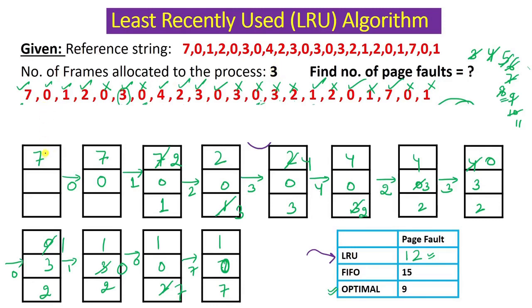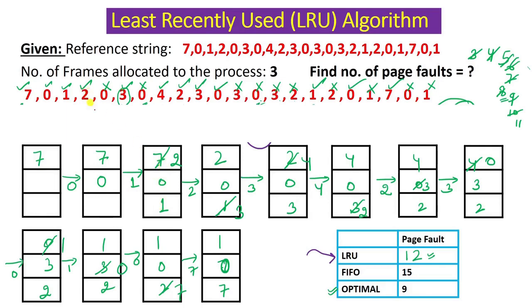So we saw when we applied the LRU algorithm, for the first time 7 was accessed, so we placed 7 in one of the available free frames. Initially all the frames were available, so we placed 7 here. Then we saw that 0 is also not present already in these frames, so it will generate a page fault again. 7 generates a page fault, 0 will generate a page fault, and then we place this 0 in one of the available frames. Then 1 is also not present, so 1 will generate a page fault, and we place 1 here. So my frame has 7, 0, 1.